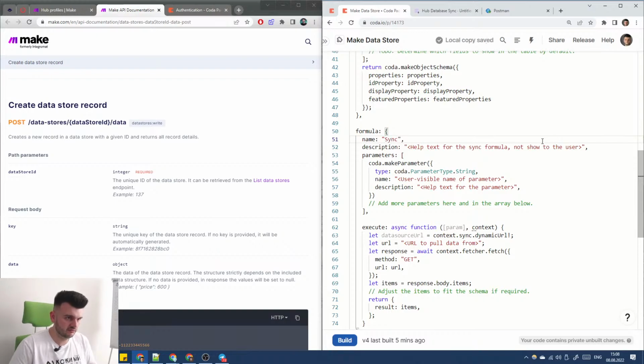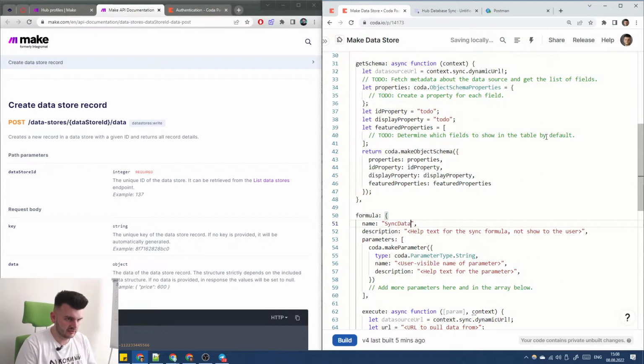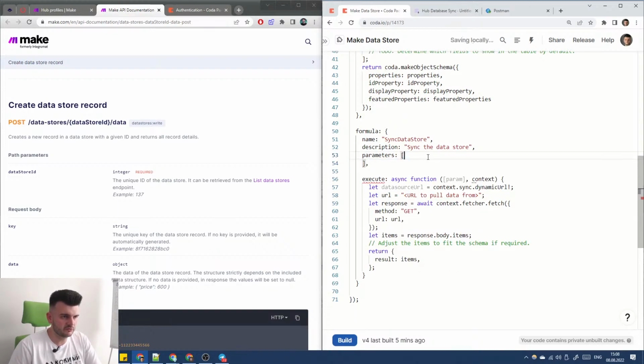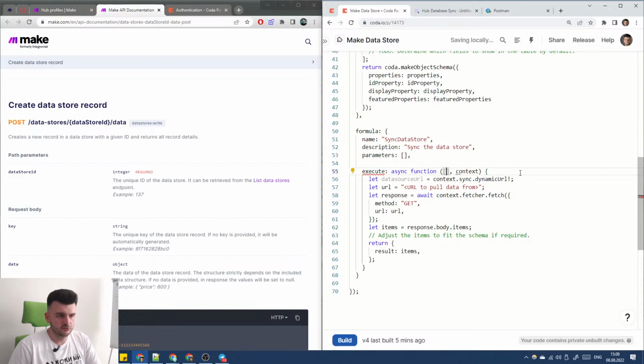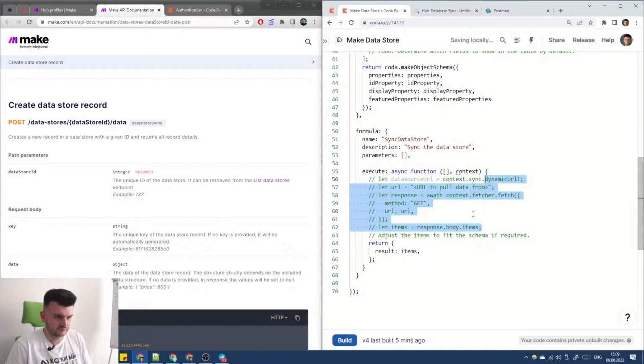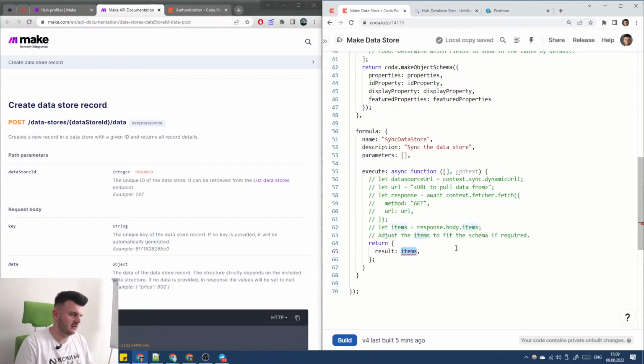So sync Datastore. Sync the Datastore. The parameters, we don't have the parameters. We just sync it all. There are no parameters to pass, so nothing to pass here, and the context. And we pretty much just return nothing at the moment. A result is